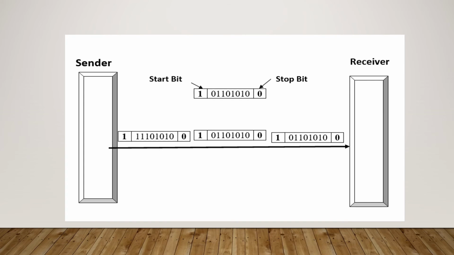This diagram represents asynchronous serial data transmission in which with each byte a start bit and stop bit will be added. The start bit is represented by 0 whereas the stop bit is indicated by bit 1. When the receiver gets 0, it finds that it is the start of a byte. Then after 8 bits, it looks for the stop bit. When it gets the stop bit, the receiver knows that the byte has ended.